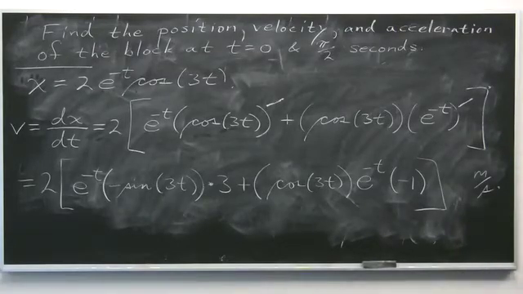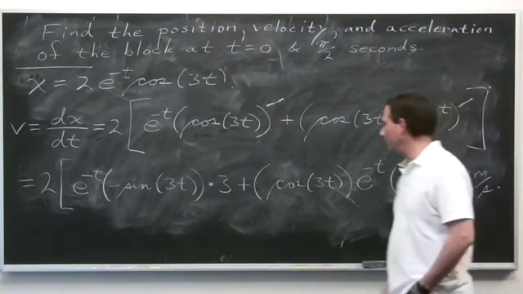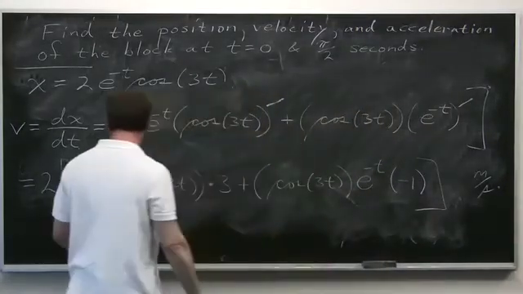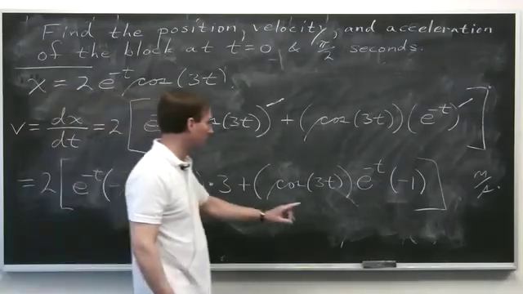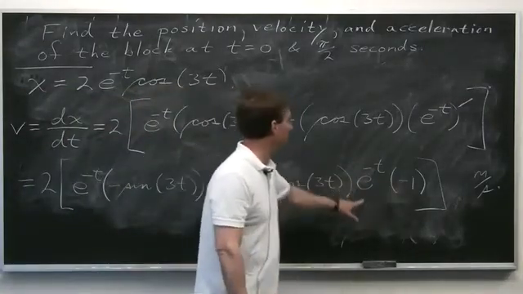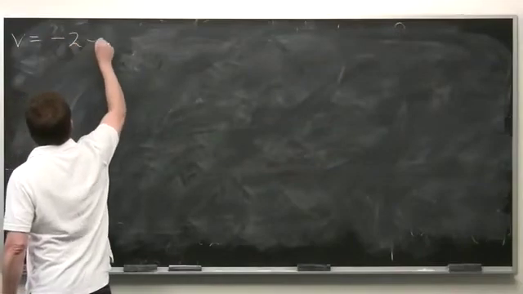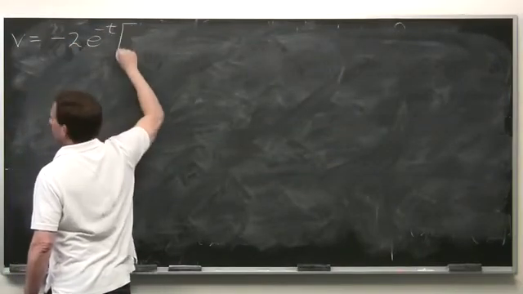But you can make this look a little nicer and also set us up to only do one product rule for the acceleration. We get that the velocity is 2 times... Factor out an e to the minus t. In fact, why don't we factor out a minus e to the minus t? There's a minus sign and an e to the minus t, and a minus sign and an e to the minus t. So I'll factor out a minus e to the minus t, and I will get